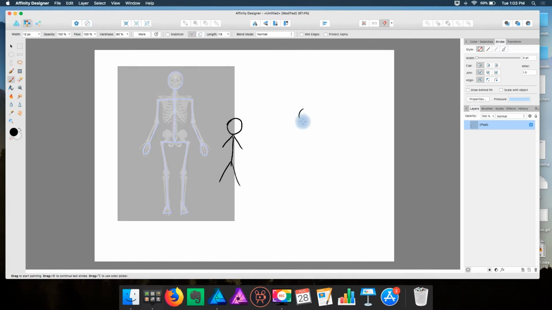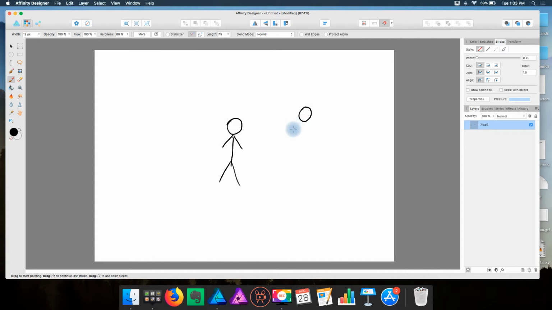So the stick figure should look more like something like this. This is how a stick figure should look, and then through this we add other shapes, like a torso, a